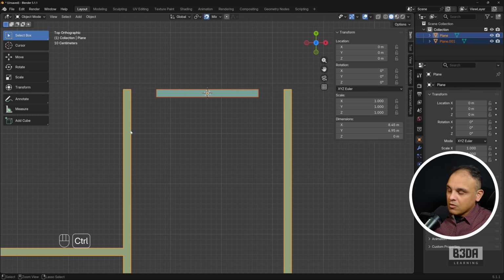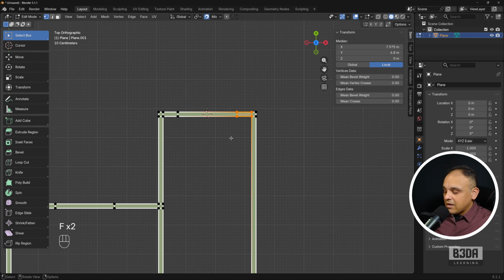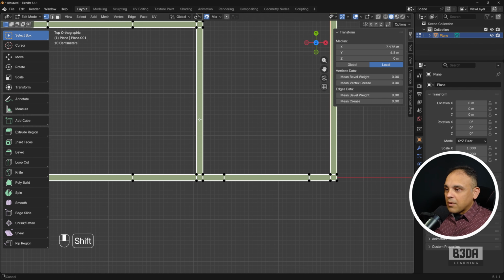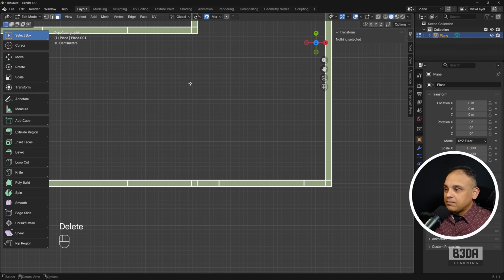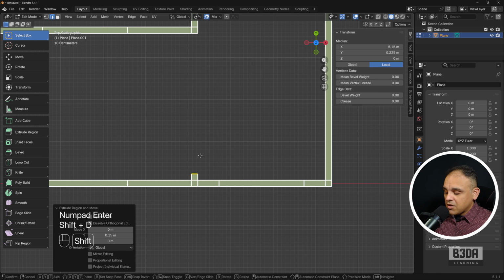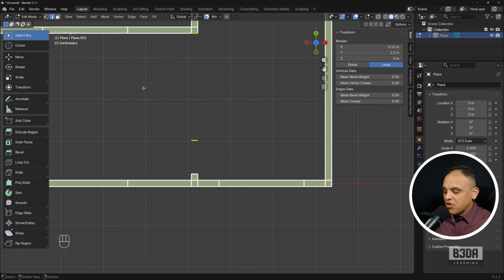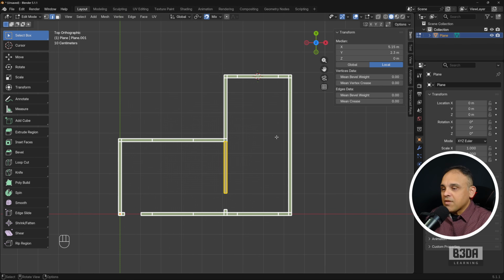I will select these two again, Ctrl J, and I will connect these two edges, press F, these two edges here, press F, and now I'll just open the space here for a door, and I will create the door right here. Let me remove this face, press X, select this edge here, extrude Y 0.15, Shift D to make a copy, Y 0.8, and then I will select these two edges, press F, and connect both of them. And there we have it. We have the base